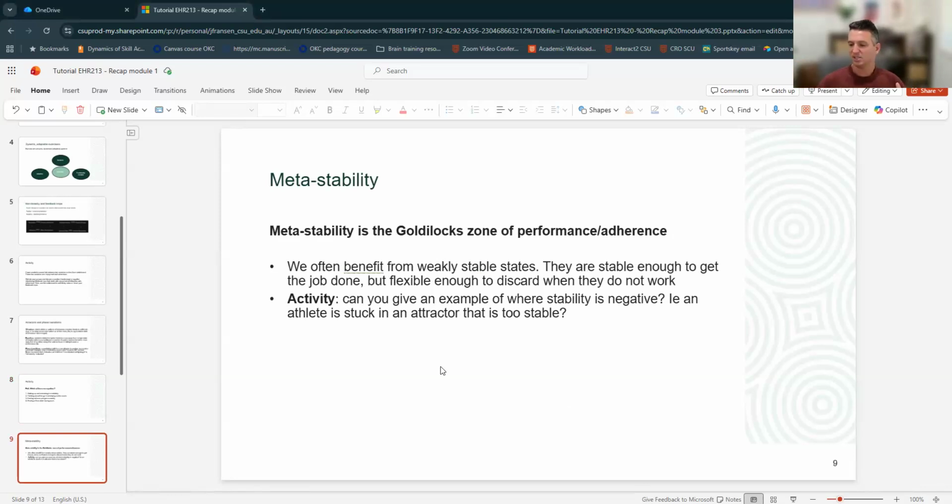And metastability can sometimes be difficult to understand because we talked about attractors and we talked about repellers. And we said, well, attractors are kind of good most of the time. They're a way in which our complex system has found a way to organize itself with the least energy demand, with the least resource, etc. But of course, attractor states can be bad and they can be good, right? An attractor for physical inactivity is bad, but an attractor for physical activity is good.